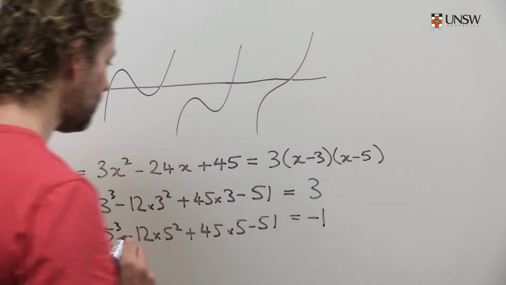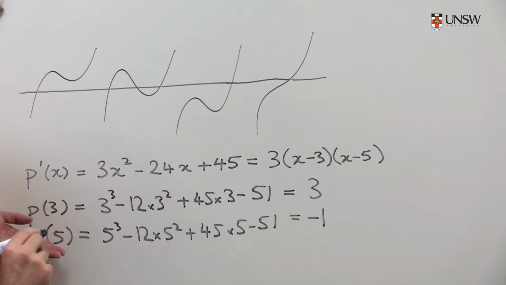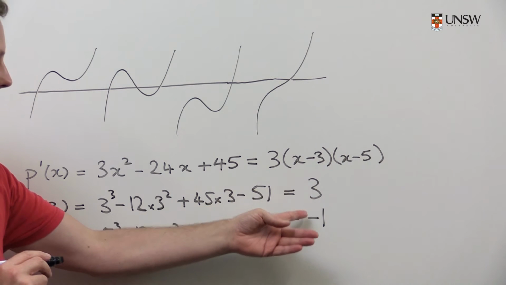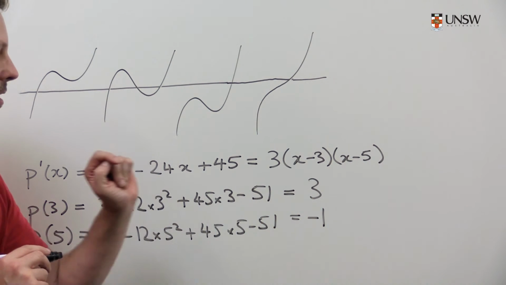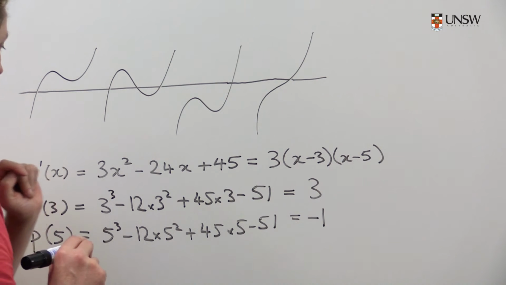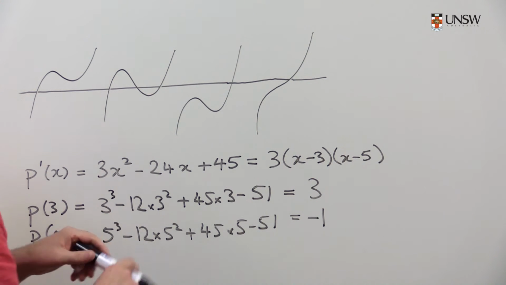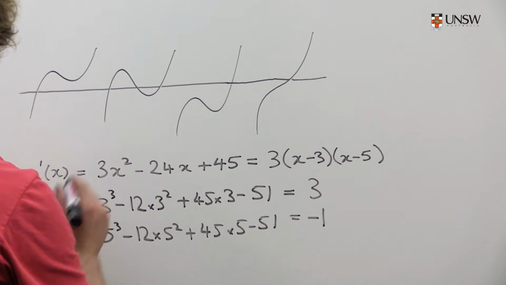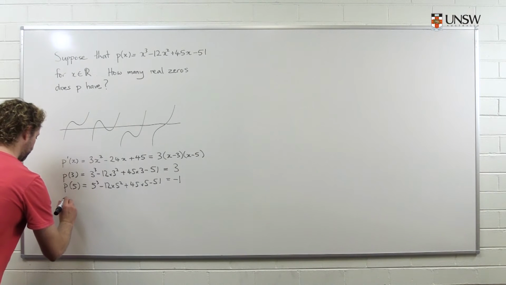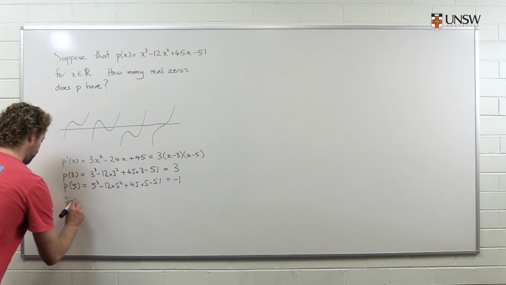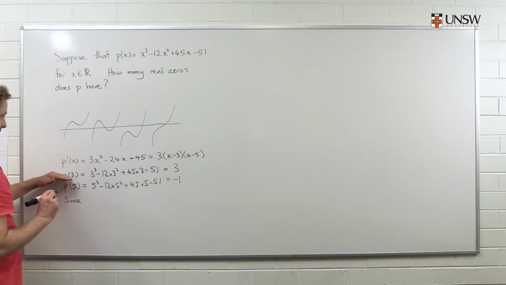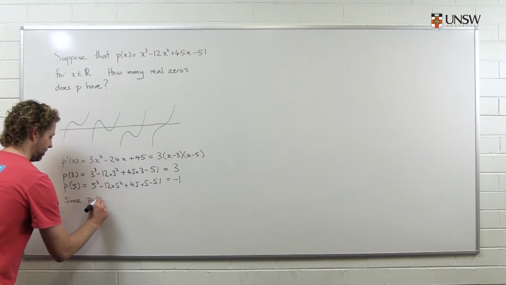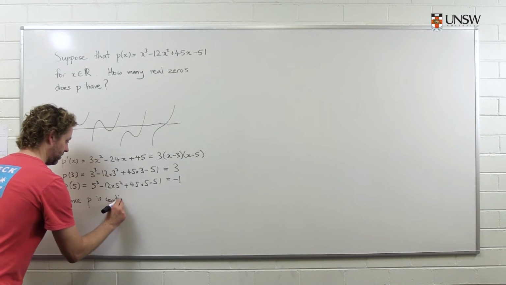Okay, so we can see here between 3 and 5 the value of p has changed from positive to negative. So because p is continuous, there must be a 0 in between. So we can now perhaps actually state that using the intermediate value theorem. Using these two facts here, p of 3 is 3, p of 5 is -1, and since p is continuous